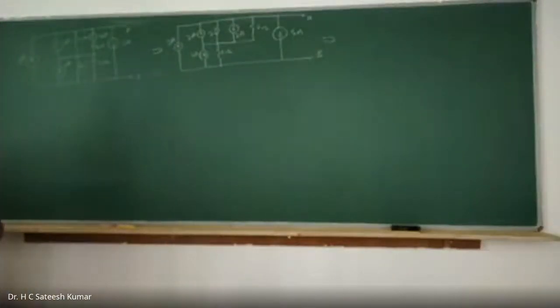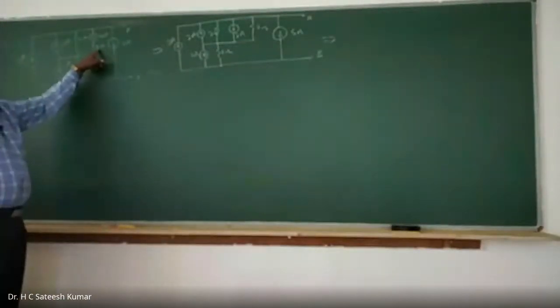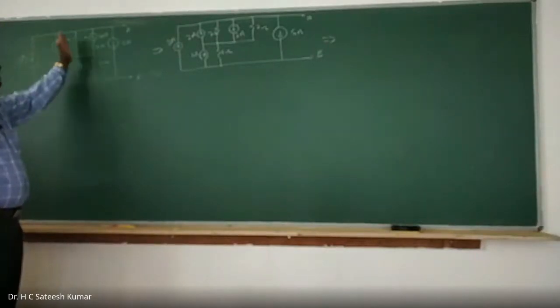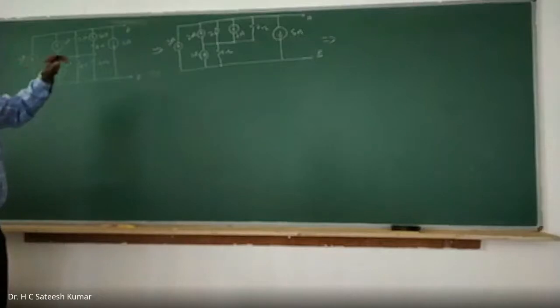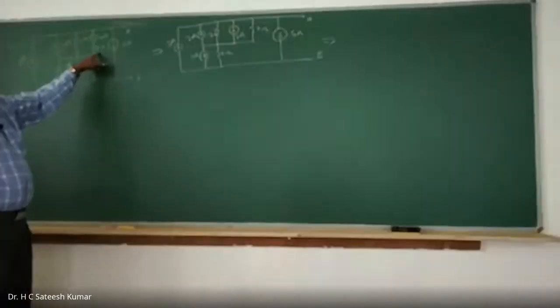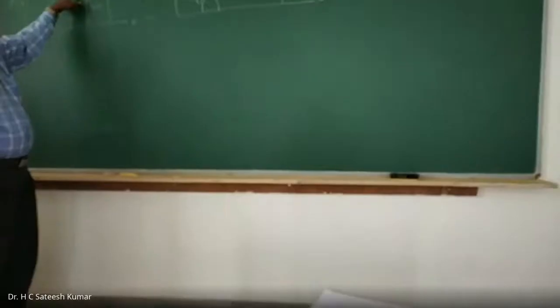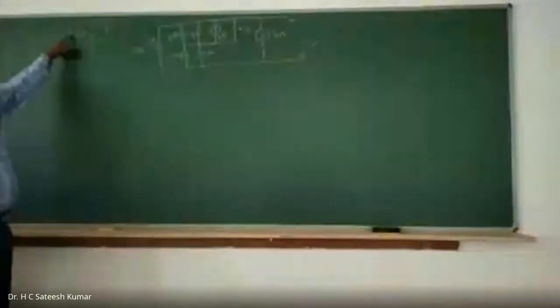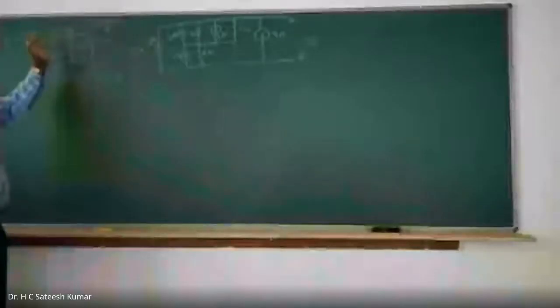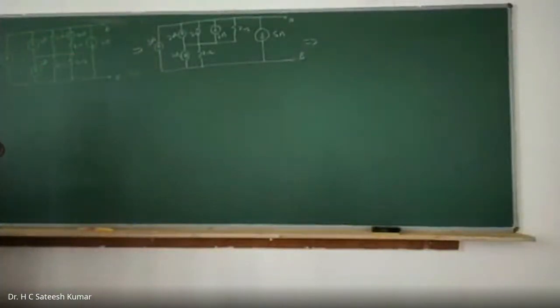So I have converted this voltage source into a current source since these are all parallel. For simplification of parallel connections, convert them into a current source. I is equal to V by R. 4 divided by 2 is 2 amps, and this 2 ohm is there. This 2 ohm will become parallel with that. So this voltage source in series with the resistance can be converted into a current source in parallel with the resistance. That's what I did there. And these two are parallel, 2 ohm parallel with 2 ohm becomes 1 ohm.